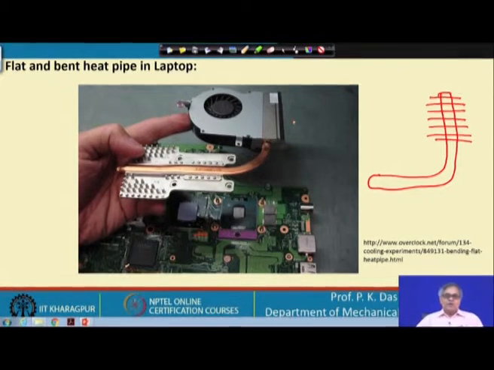So, this is very important. This is one of the very important components of your laptop. The laptop will not perform well if the thermal management is improper, and you see in the thermal management the heat pipe is taking a very crucial role. So, with this information I would like to